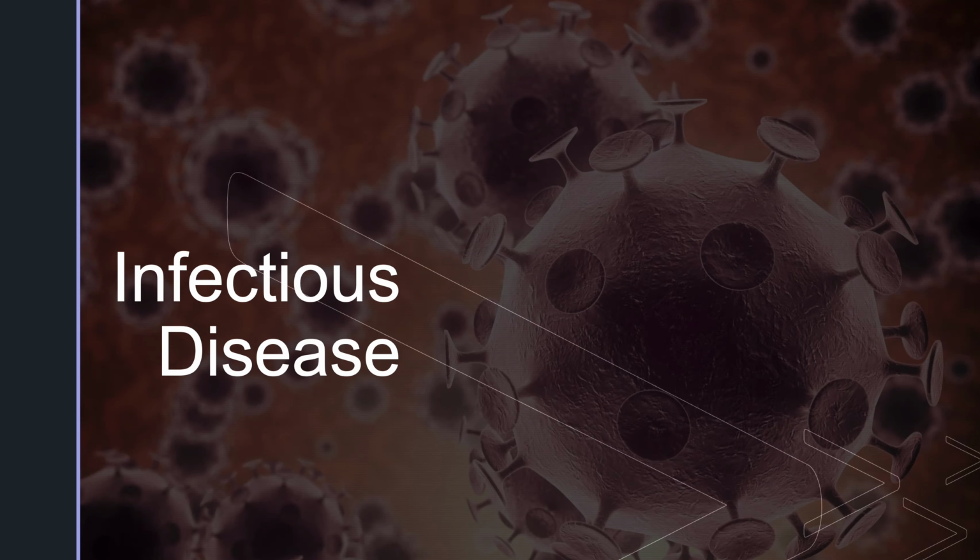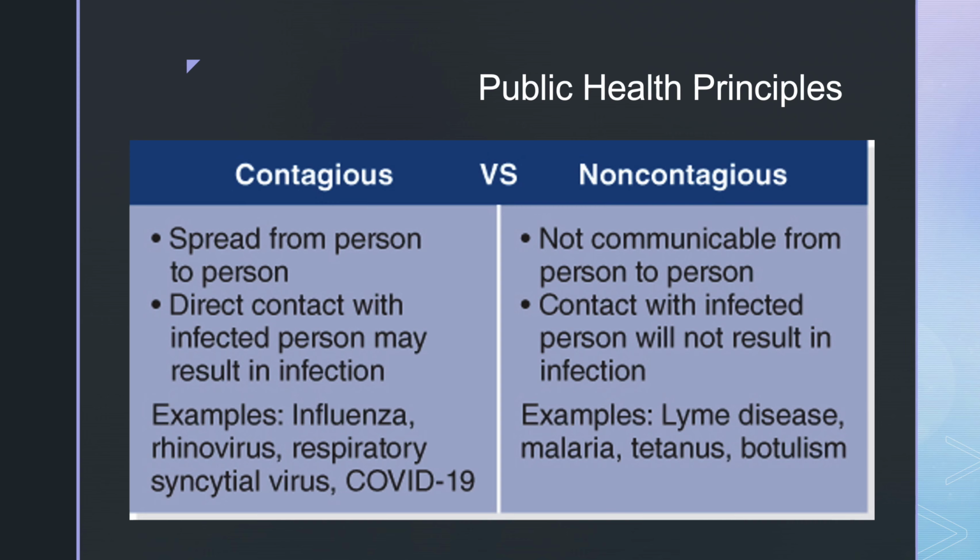Today, let's talk infectious disease and some common infections that we will come across. First, let's make a distinction between contagious conditions and non-contagious conditions. So, whether or not that disease can spread from person to person via direct contact, or whether it doesn't. On the non-contagious side, things like Lyme disease, tetanus, we can't pass that from person to person. If I'm infected, I will not make you infected.